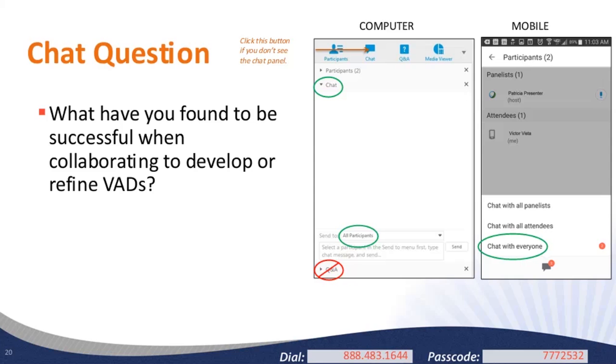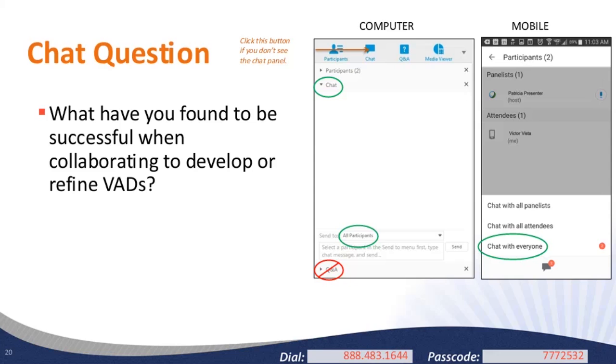We have a bunch of tips for you, but I'm so curious to see what people put in here. Angela reviews the VAD in detail with the sub-site supervisor. So she's offering that support that we know the sub-site supervisors really need to be successful. Oh, I think I just saw one from Robin that says they do training for our sites before they apply to be a site, so a VAD training. And we do have some resources for VAD training we'll share in a minute. Wonderful. Thank you, Robin, for that.